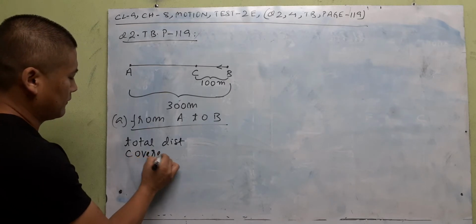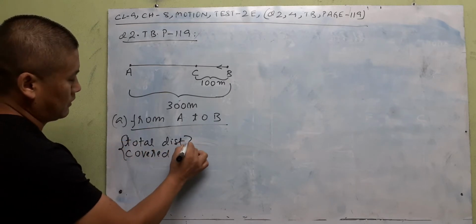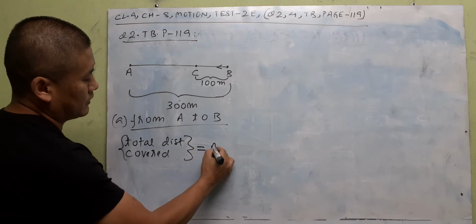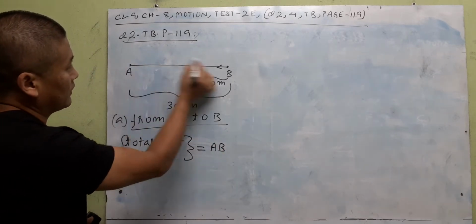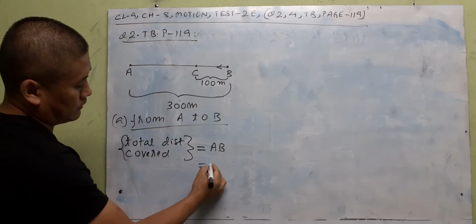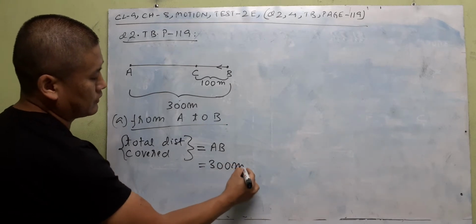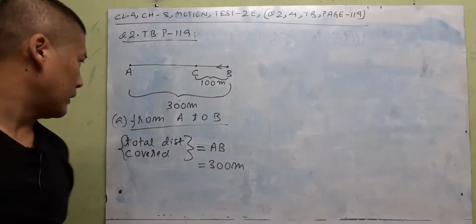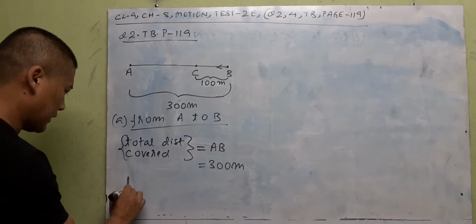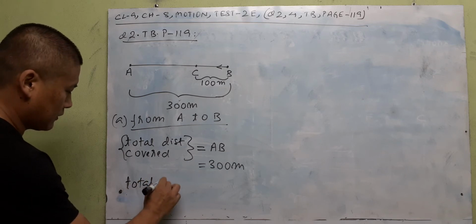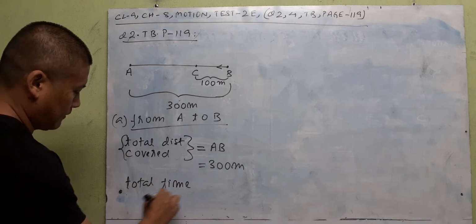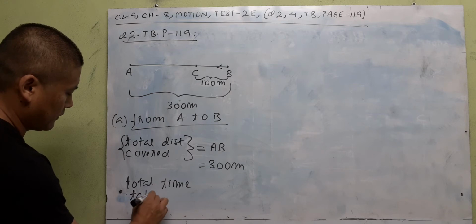Let's just write the whole thing. Covered by Joseph in going from A to B. Yeah, simple common sense, that is AB, right? From here, starting, ending here. So that is 300 meters, his total distance, right? Then how about his total time taken then? Total time taken for this, okay? Total time taken